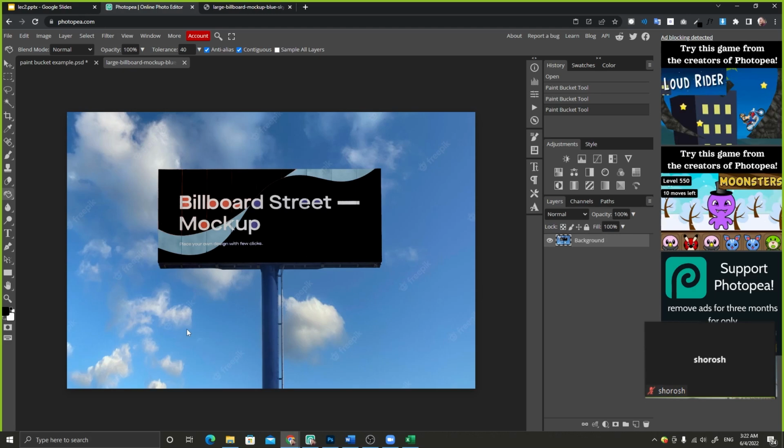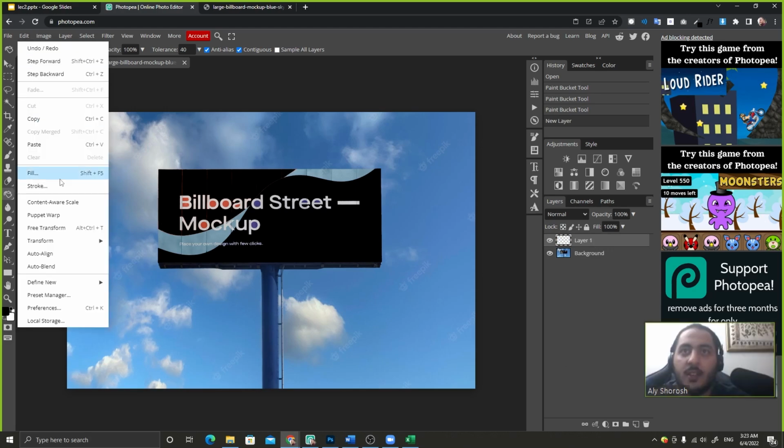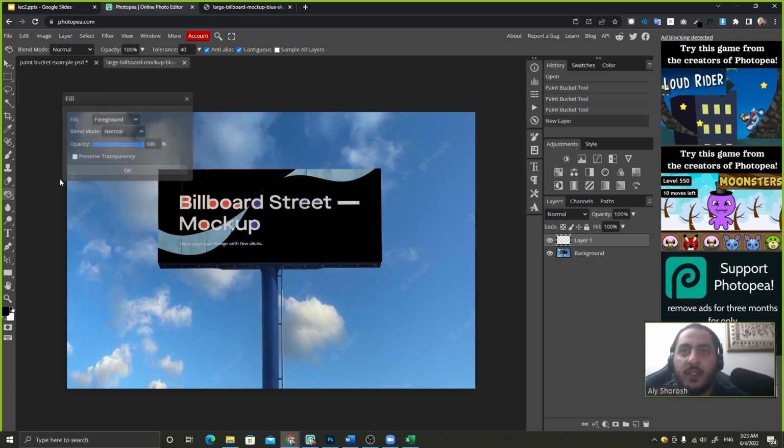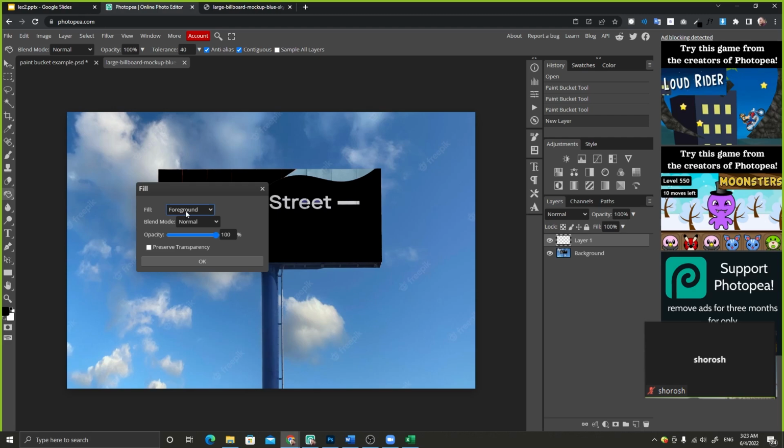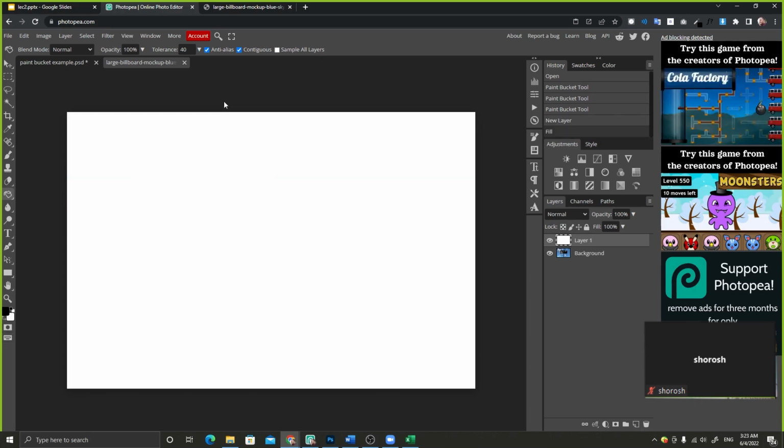Last thing I want to say, you can also get it from edit. Let's make a new layer first, and let's click edit and fill. And here we can choose to use the fill option with the foreground or the background color. So if we click the background, it will paint our layer with white like this. So this was the last way, but also we can click edit